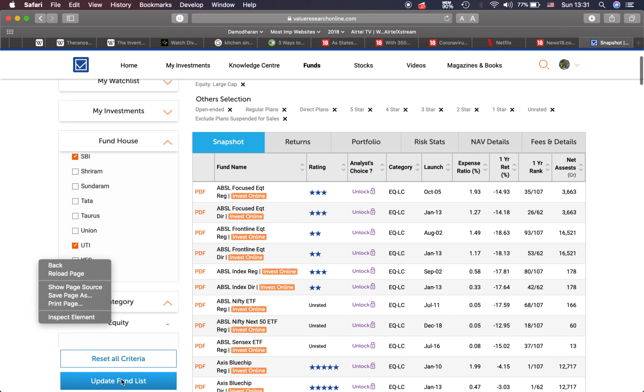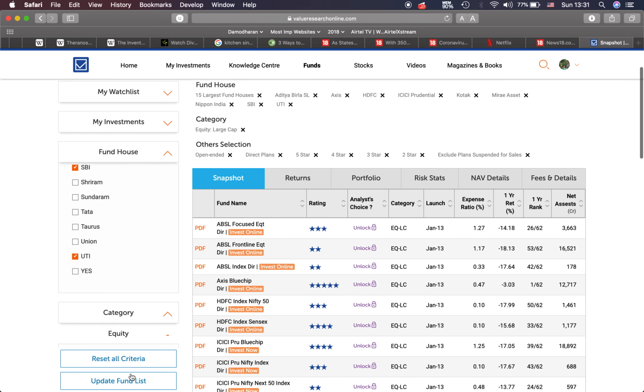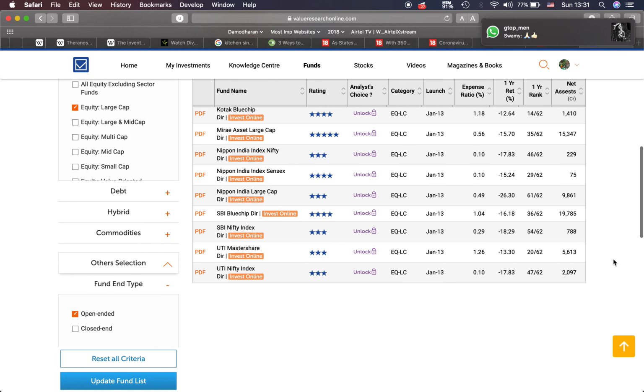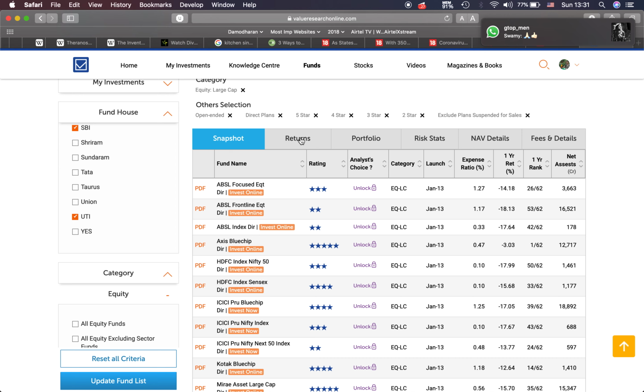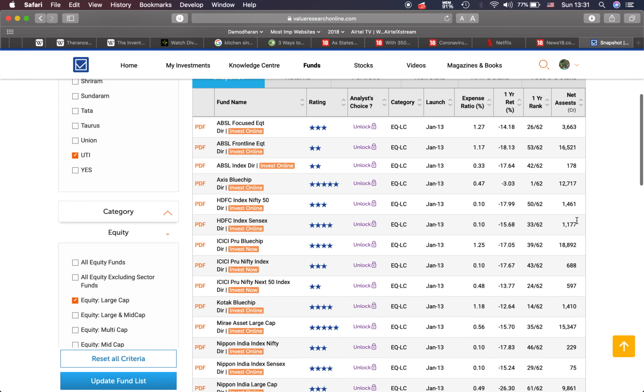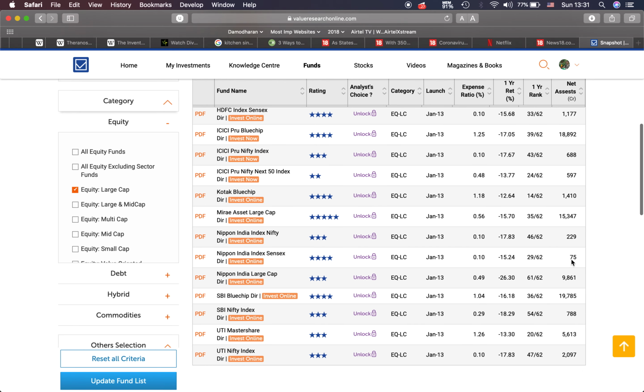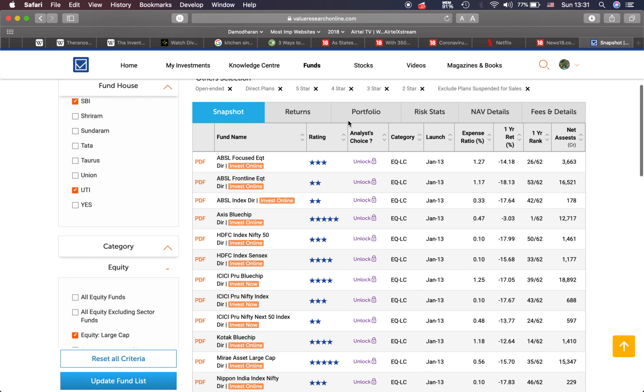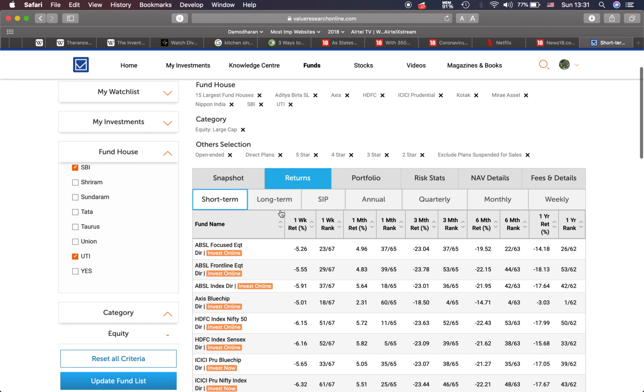We can remove these. Then you have the remaining funds, and then you can compare. What I watch over here is first I see net assets, like how many crores of AUM they are managing. This gives me an idea how big the fund is. Then if you go to returns, you have short term returns, 1 week, 1 month, etc., and you also have long term returns.